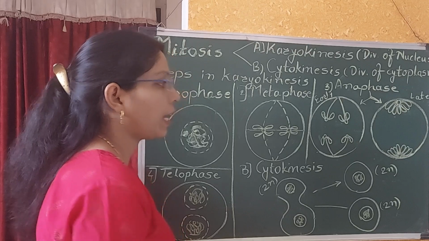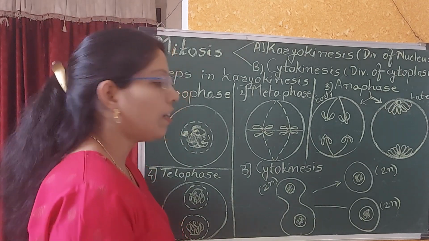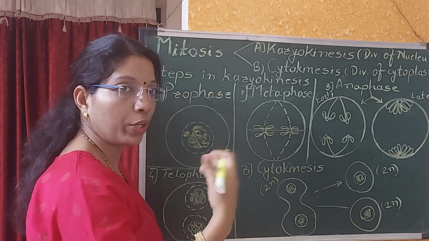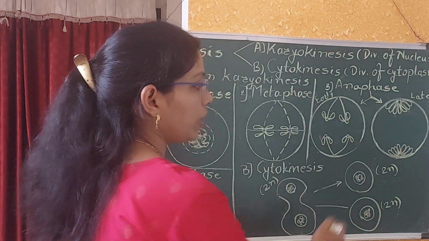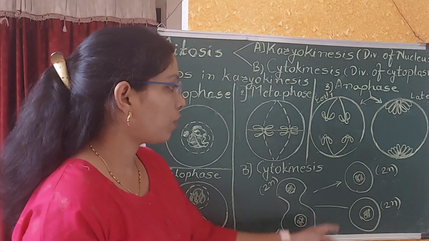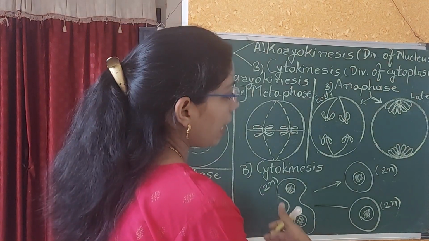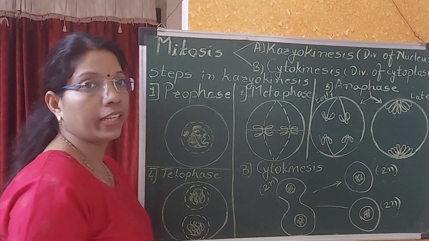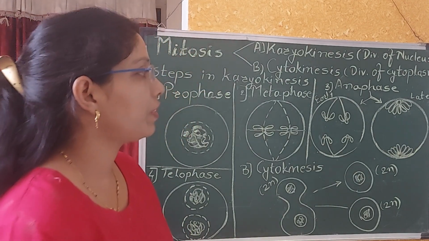So we can take haploid and diploid. For example, in human beings, 46 is the diploid chromosome number, and the body cells all have the diploid chromosome number, that is 2n. 2n is diploid, n is haploid. So 2n denotes the diploid chromosome number. So the cells formed in mitosis are two in number, and they have the same chromosome number as the parent cell, and that is about the mitosis we have studied just now.